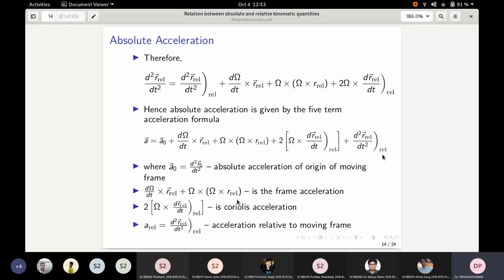Notice that it is not necessary to write all these vectors in the moving frame; all the vectors could be written in any given frame. Basically, a vector is an abstract quantity which can be expressed in any frame. Usually for computation, we will use the moving frame as the reference. So all vectors have to be represented in the same frame. Before you start the computation, please remember this, as this is one mistake people make when computing it.